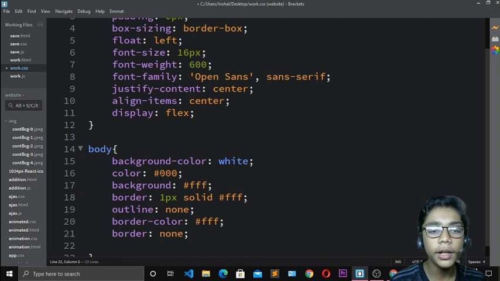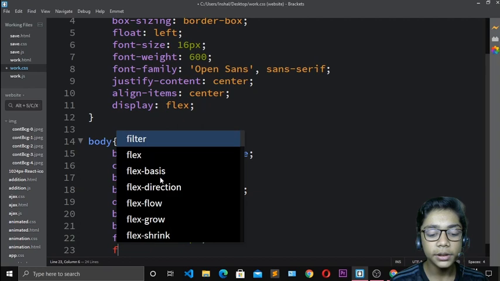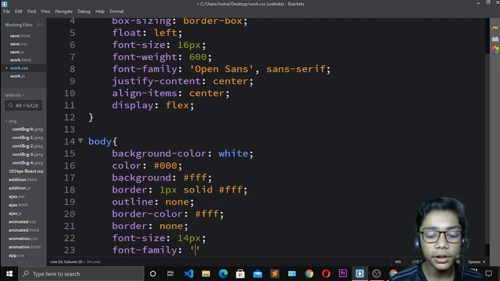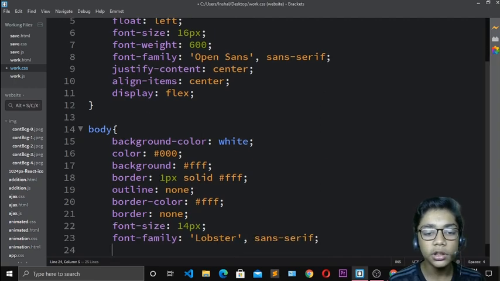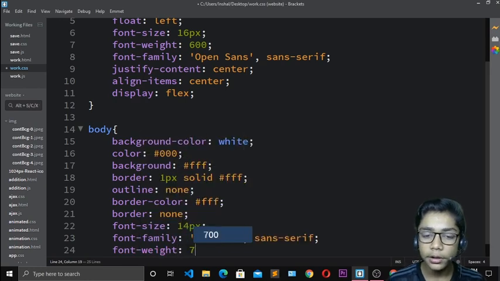Now when you've done that, come over here and write font size. Like I've told you, it should be 14 pixel. Write font family. Like I've told you, my font family, now I will take it to Lobster. So I will write Lobster comma sans serif. Now come over here again and write font weight. So I will write the font weight of 700.